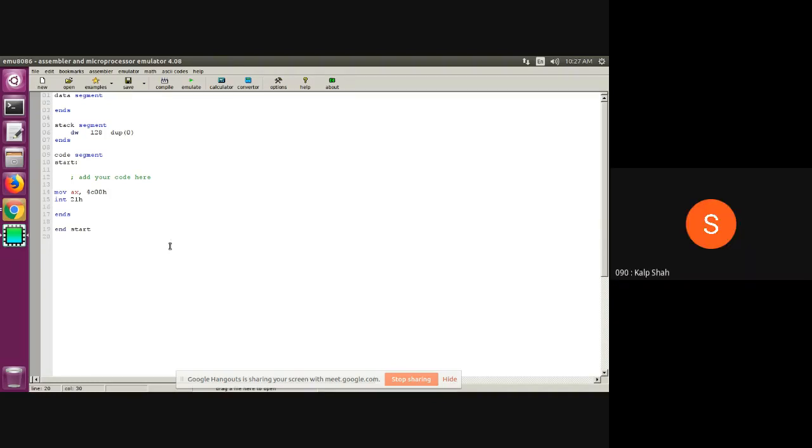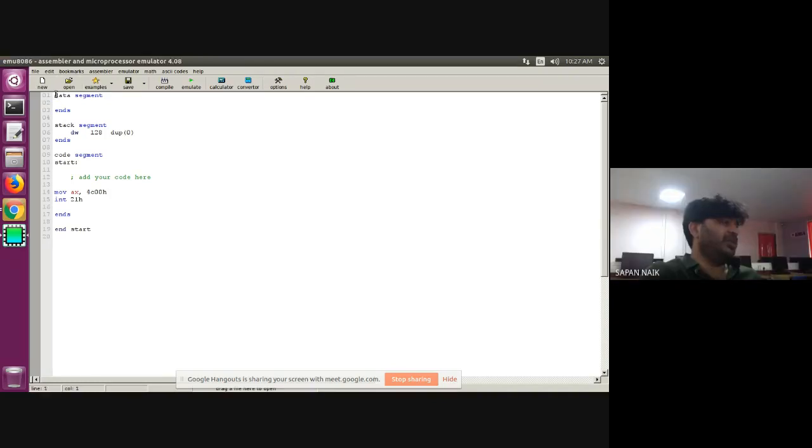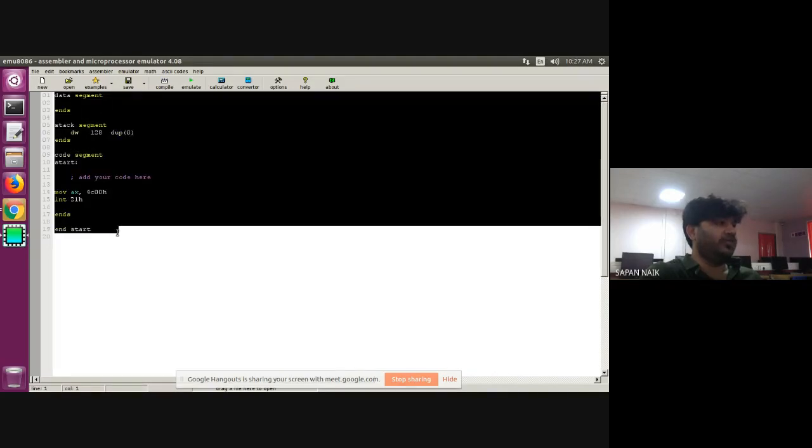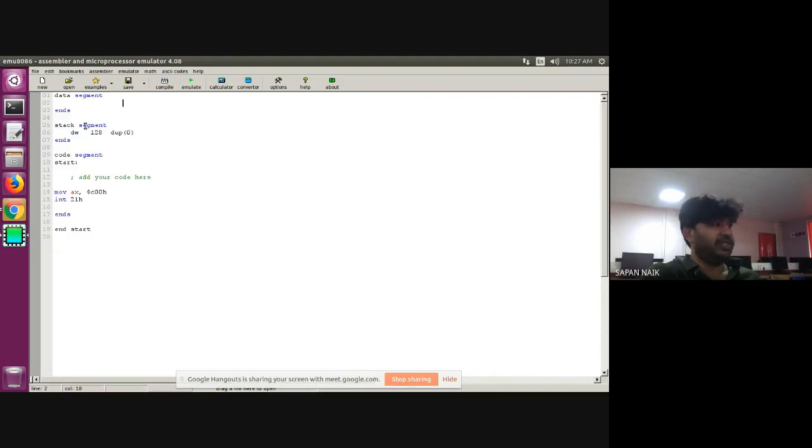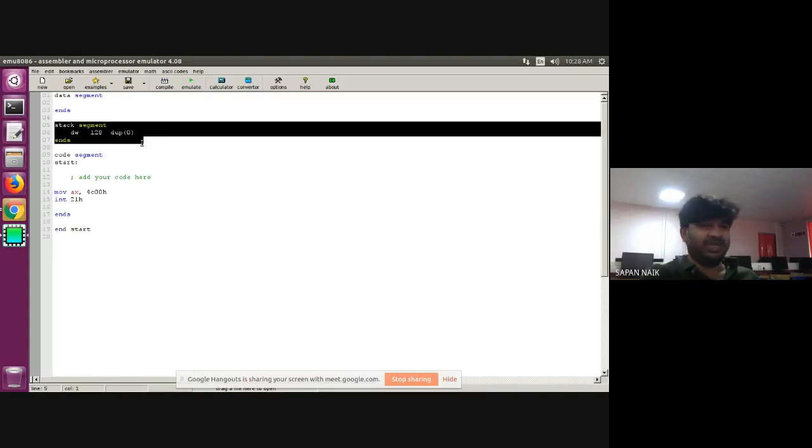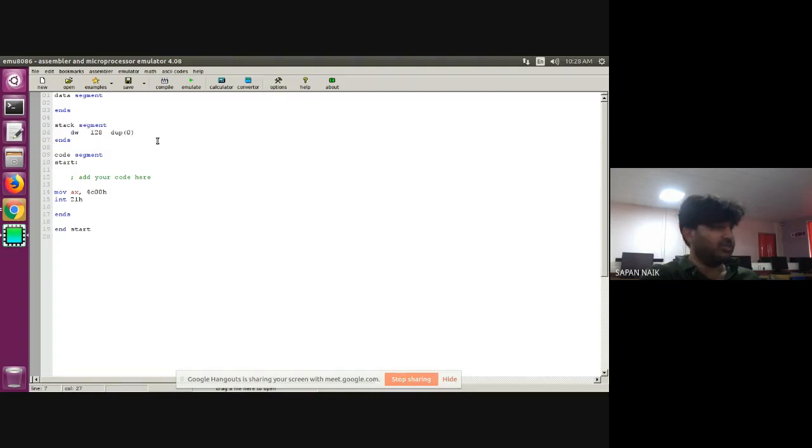As you already know, 8086 is divided into four segments, called data segment, stack segment, code segment, and extra segment. If your code is bigger than 64 KB, then you need to use the extra segment. Or if you are using string related operations, then also you need to use the extra segment, otherwise it is not needed. For our case, we are never going to use the stack segment, so it is there, but our program is not going to use it.